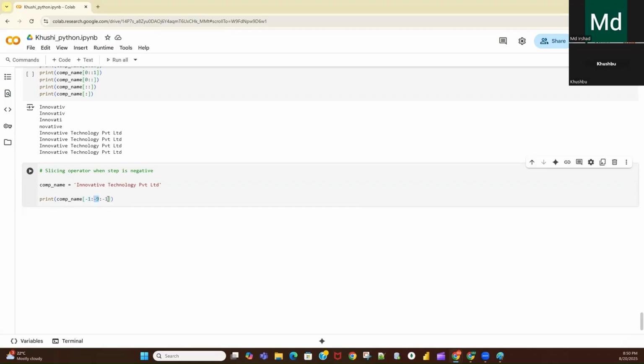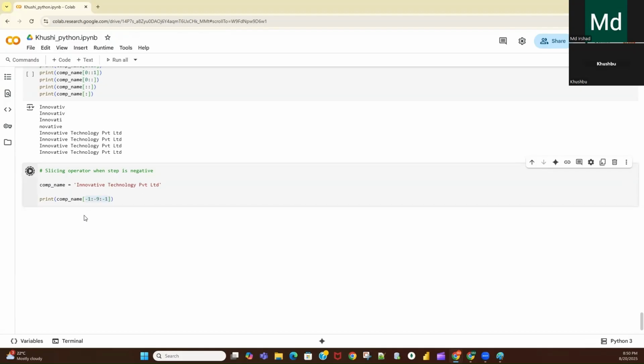Since the step is negative, the slicing operator will fetch the values in backward direction from the start index to end +1. The start index is -1, so from -1 to -9 plus 1, that means this will give me data from -1 to -8. If I execute the code, you will get the data from -1 to -8 in reverse order.